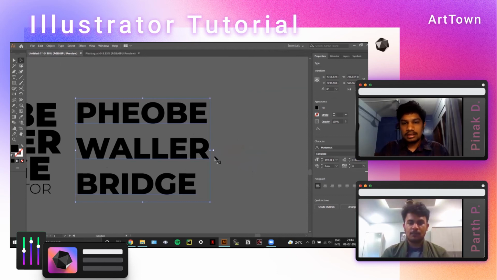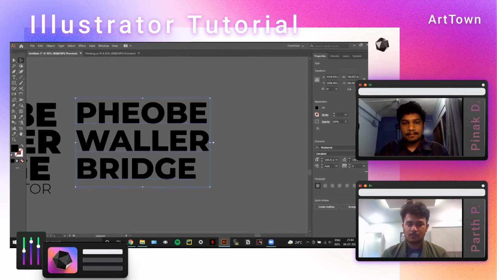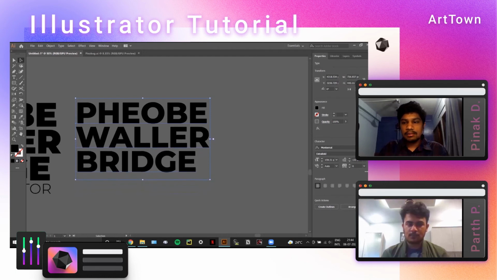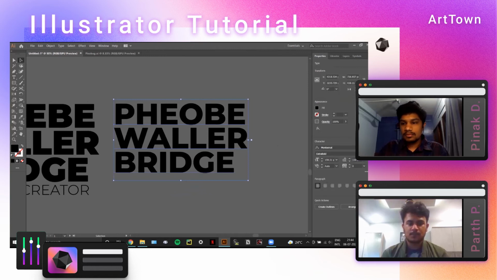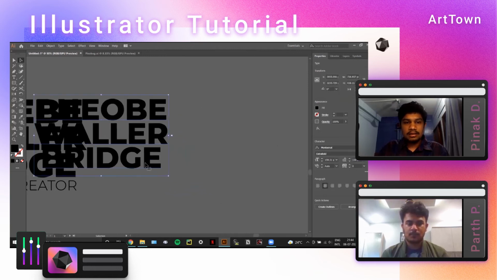But Illustrator does it much more simply for me. What I get here is the distance between my 2 lines. So I just reduce it, and I get a much more condensed image.